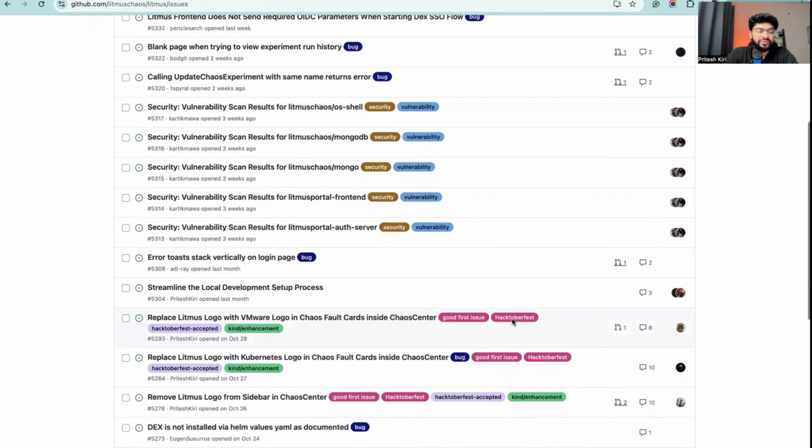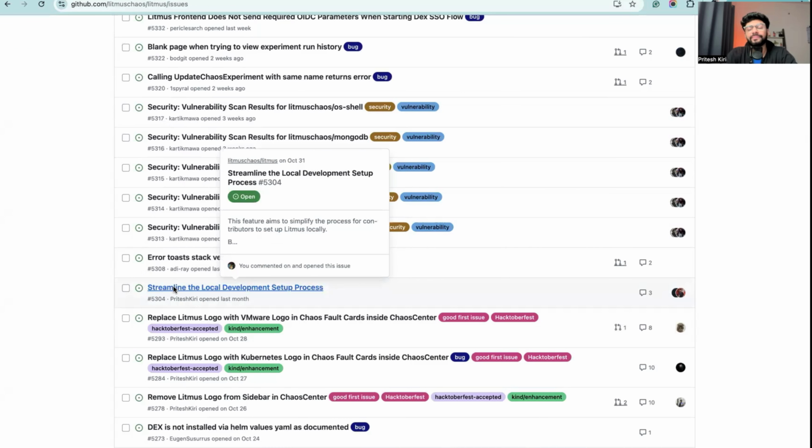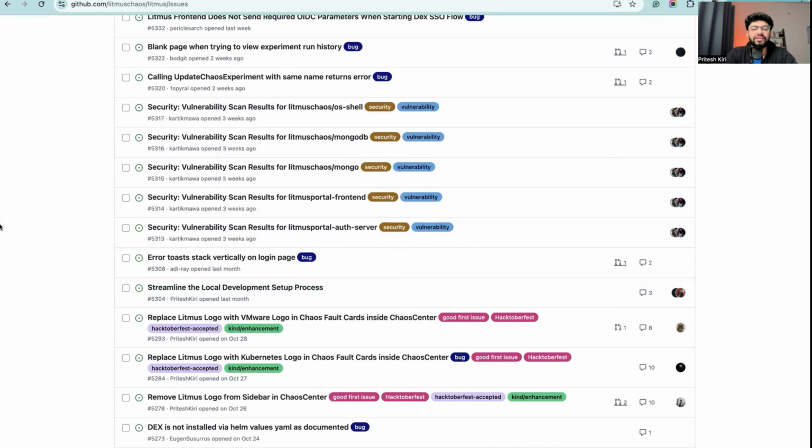Then if you scroll down, there is this simple issue about streamlining the local development process. In the last couple of months, what we've observed is many of the contributors are facing issues in setting up the local environment. In order to streamline and improve this setting up process, we are trying to do two things. First, we have seen that for Mac, the process of setting up the local environment is pretty straightforward, but when it comes to Windows, people are facing some issues, and it's not as straightforward as we assumed it would be. So we will be releasing a different guide for Windows itself very soon on our documentation,